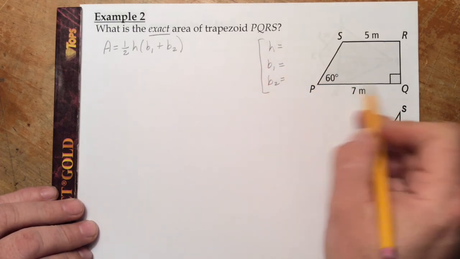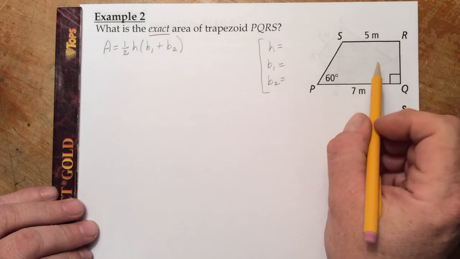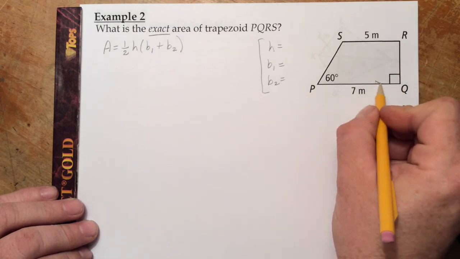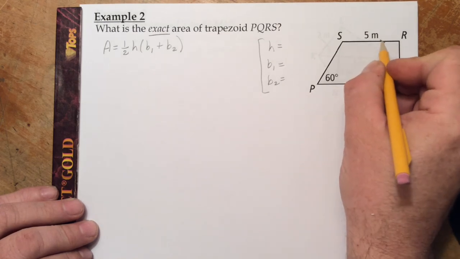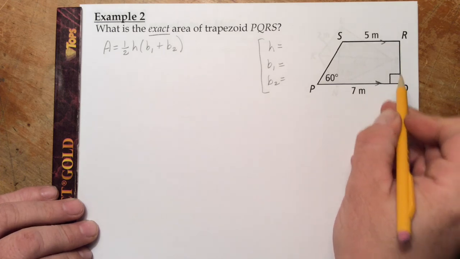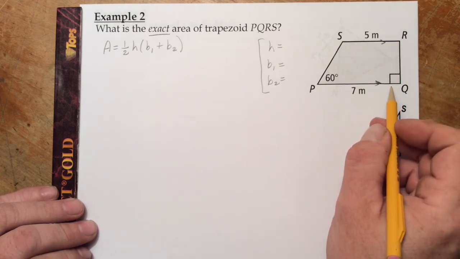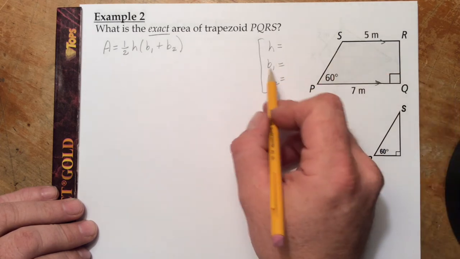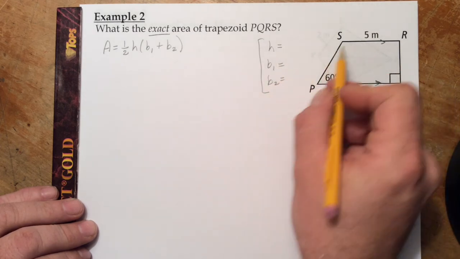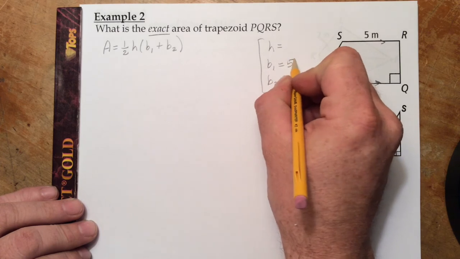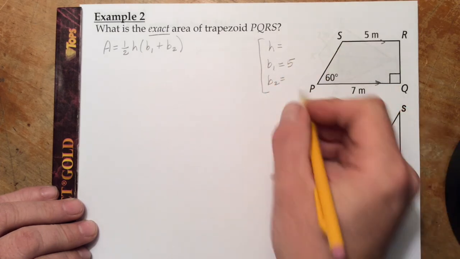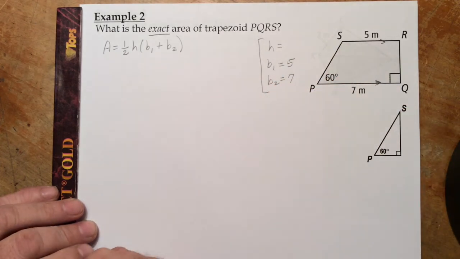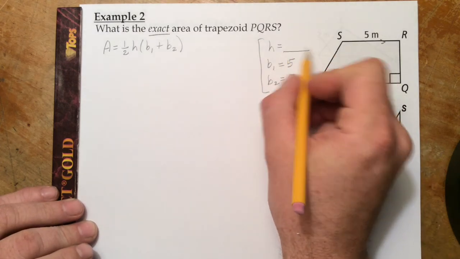Well, we've got the two bases, SR and PQ, two parallel sides, opposite each other. But RQ we don't have the length for directly, so we're going to have to find it. So let's go ahead and get the bases down first. I'm going to let B1 be 5, this top base, and B2 be PQ, which is 7. Now to find the height,